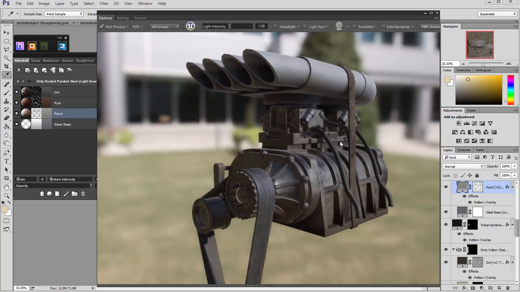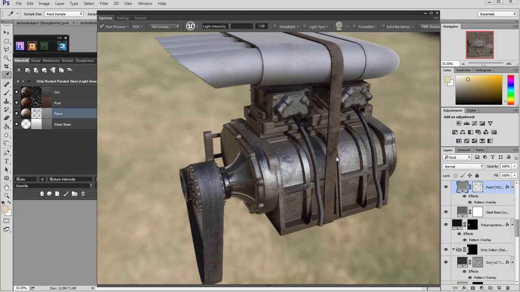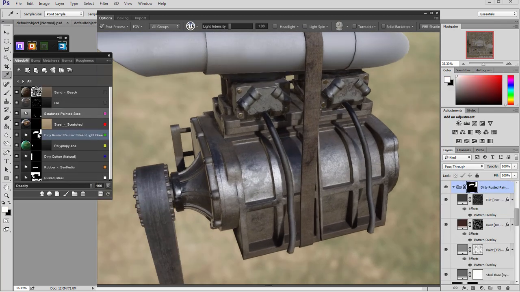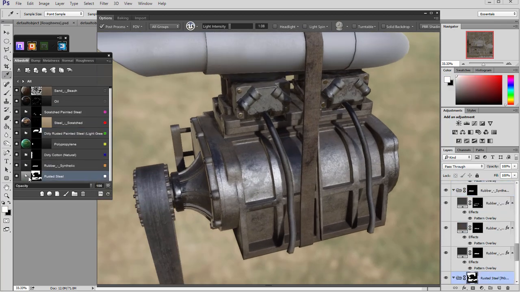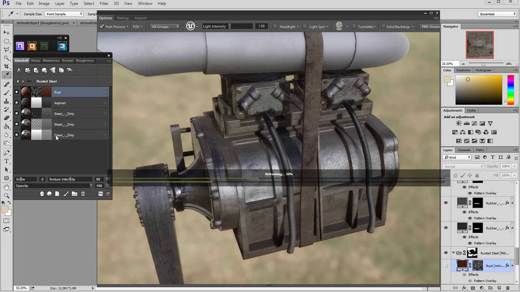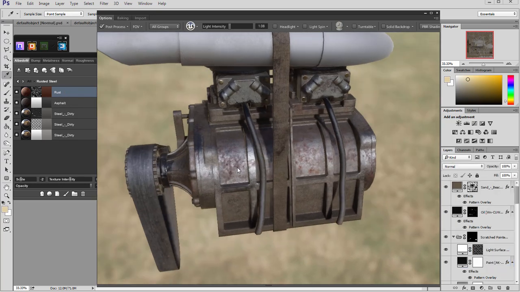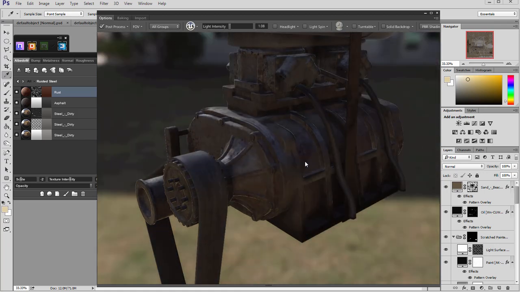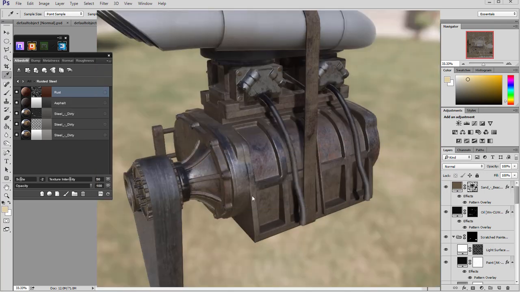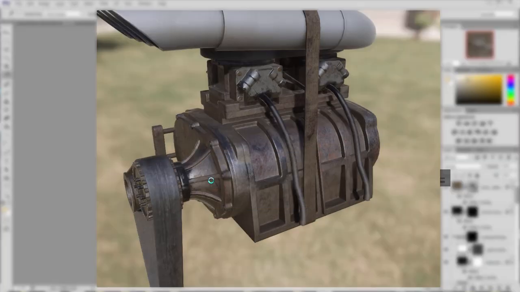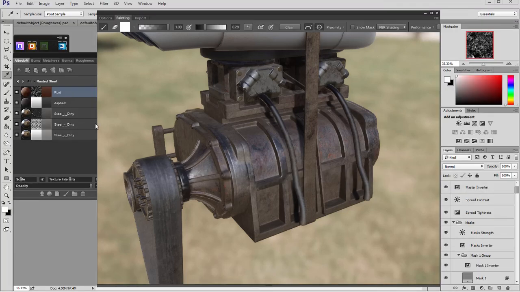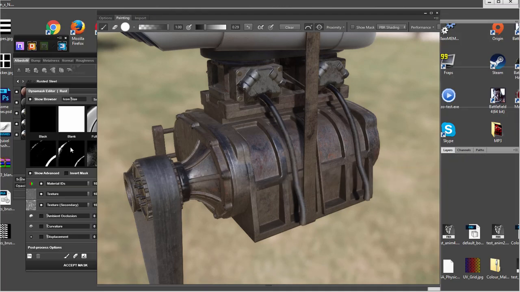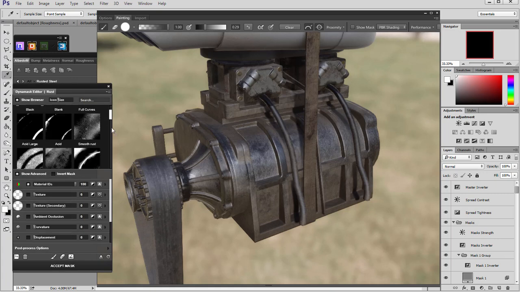I've also changed the cotton to a brown color, so it's looking a little bit moody. And for this steel material that we are in right now, I've changed the albedo to a little bit darker colors,